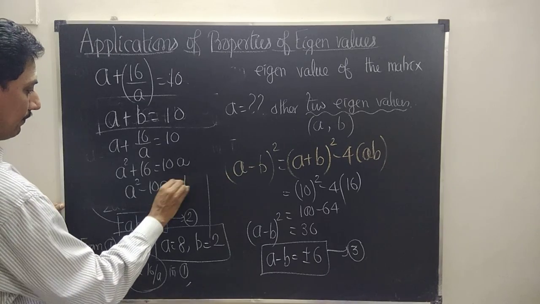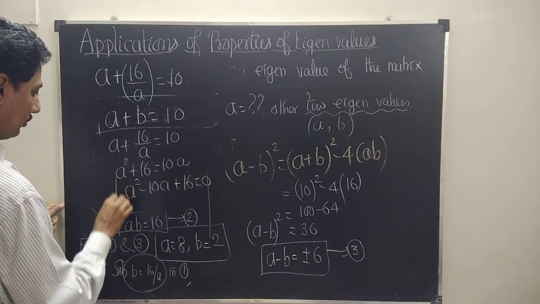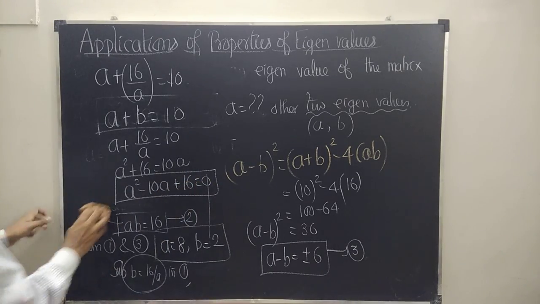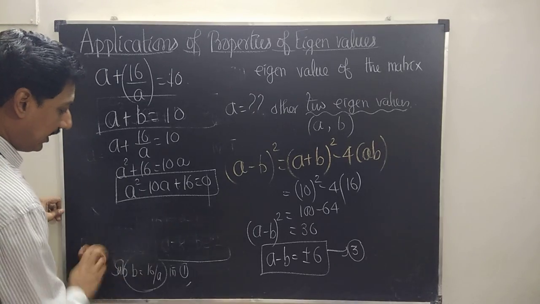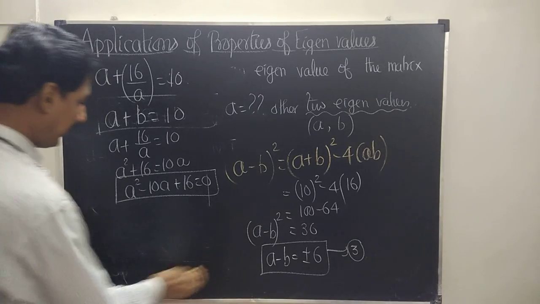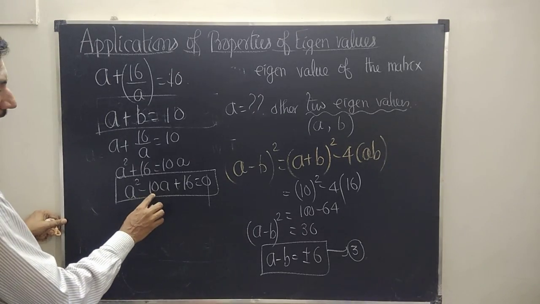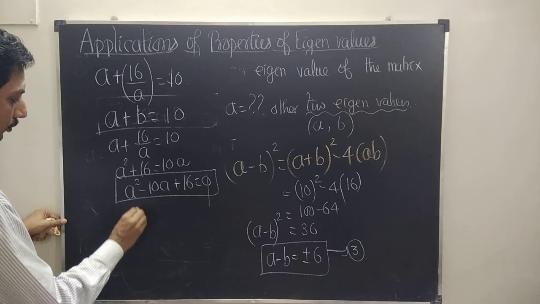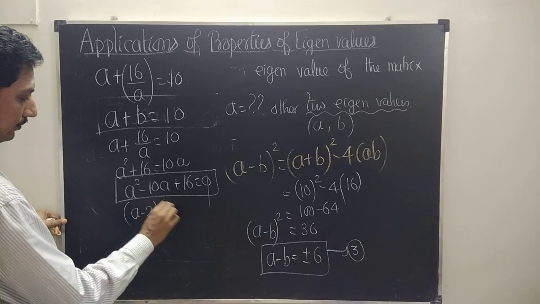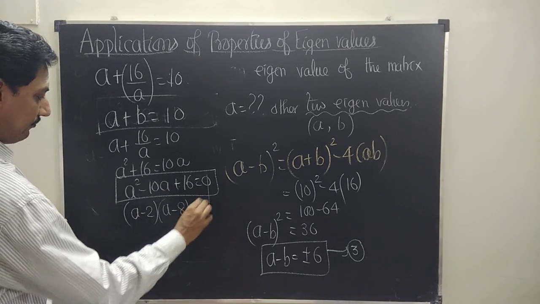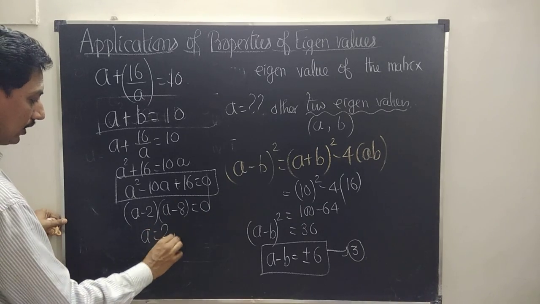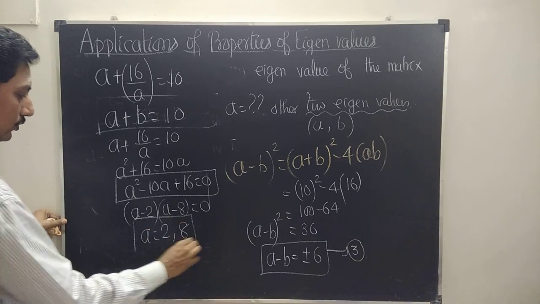That is A squared minus 10A plus 16 is equal to 0. Now solve this equation, you get two possible values of A. What are the two possible values of A? Sum is 10, product is 16. So what about that? 8 into minus 2 into minus 8. We get this A is equal to 2 comma 8. Is that right? A is equal to 2 comma 8.